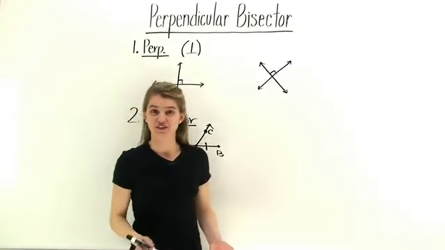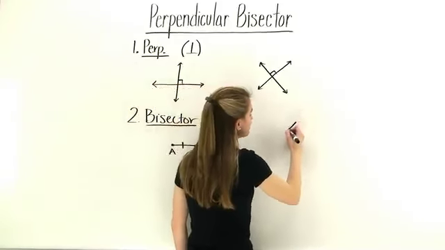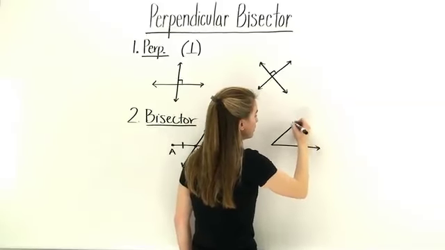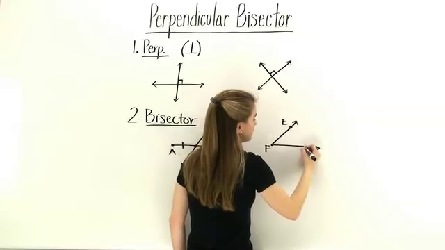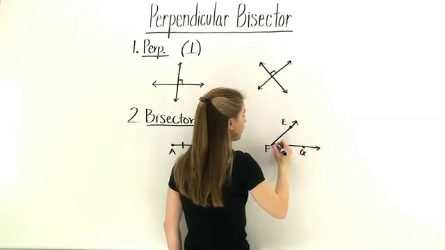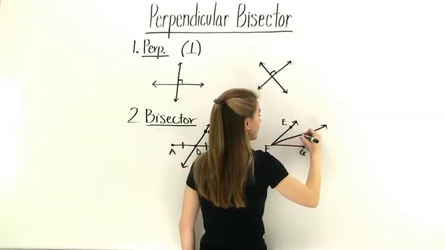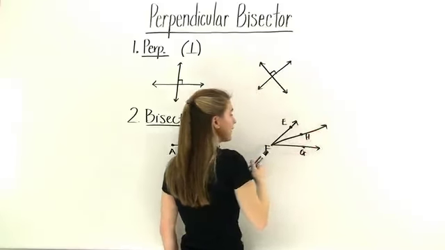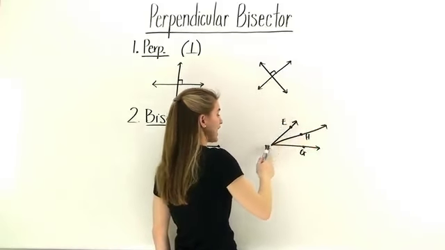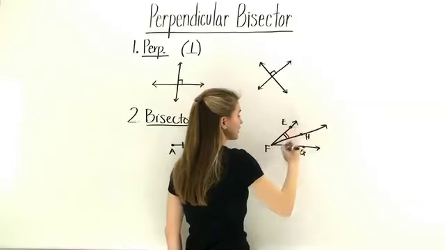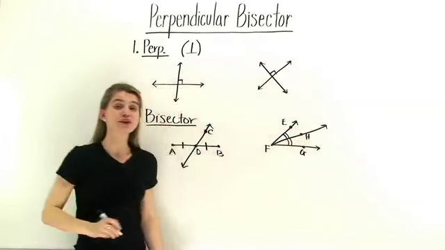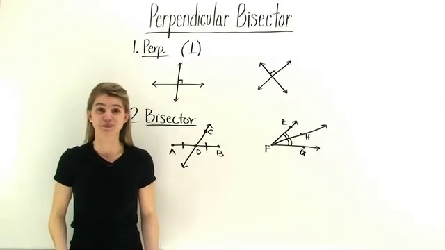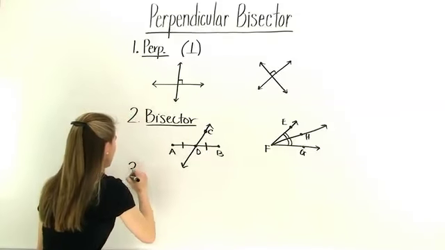Let's take a look at another example. Let's say we have an angle, and we can label this angle EFG. Well, we can say that ray FH is a bisector of angle EFG if this angle here is congruent to this angle here. So now that we know what perpendicular and bisector mean, let's go ahead and put them both